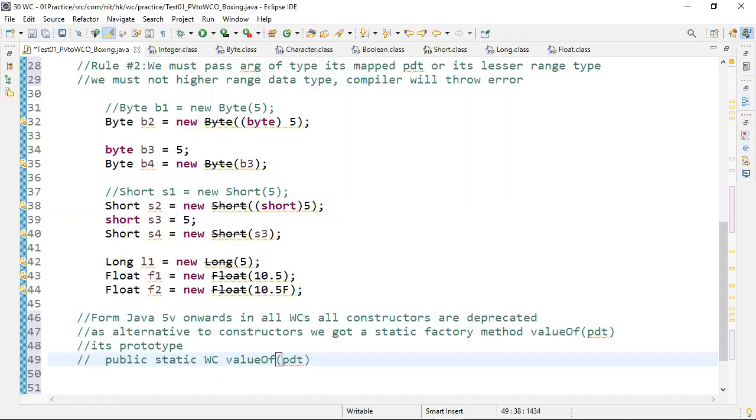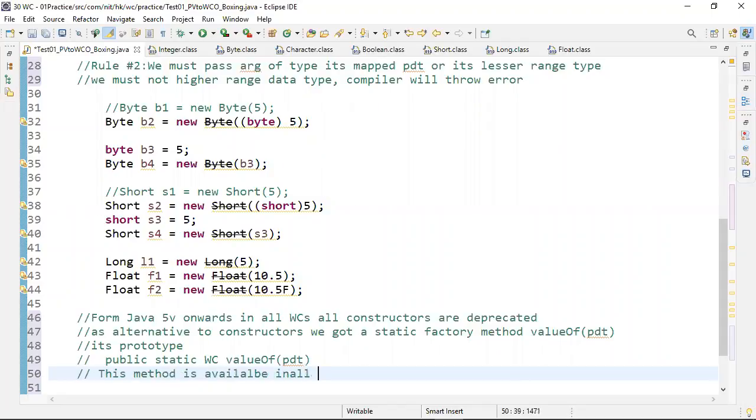Okay, tell me, this valueOf method is available in all 8 wrapper classes.